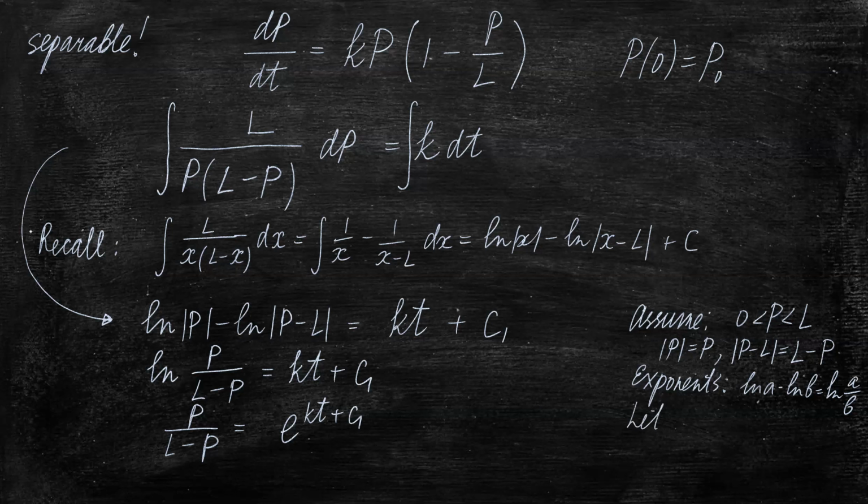But if we let e to the power C1 be equal to C2, and it could be our last constant, then I'll just get rid of the index. Yes, it is. So let's just let e to the power C1 be equal to C. Then it seems like we have a solution, but it is in implicit form. Implicit means we don't have P isolated yet. So if we want to isolate P,